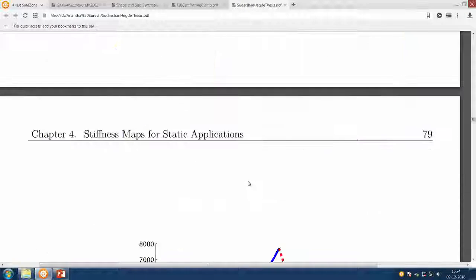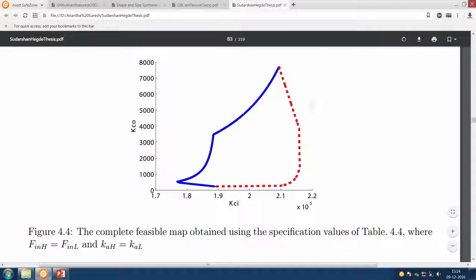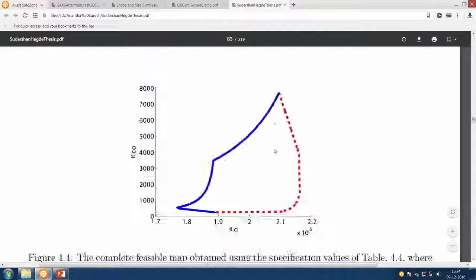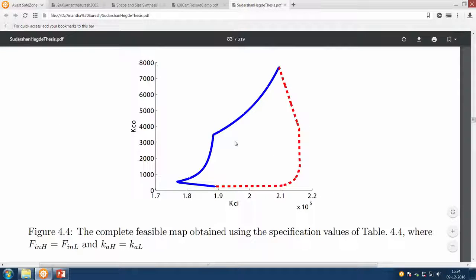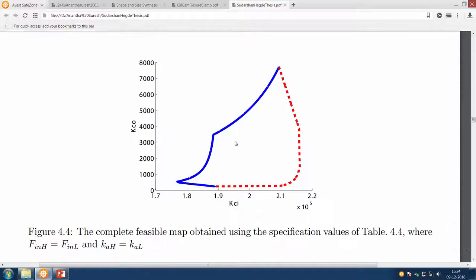Another thing to remember, the moment we finish the map like this, any point I take inside can have several values of n. For KCI and KCO there is only one value, this is a slice, but there are several n values. So, you need to generate that whole n, that is the 3-dimensional volume that has a range. That n has to be continuous is what is also proved in this chapter.